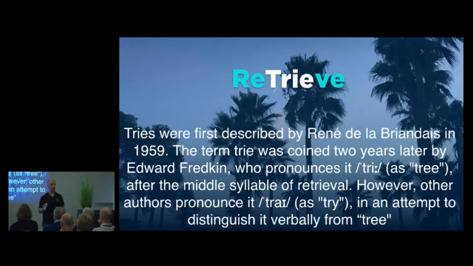Because there is a bit of ambiguity, whichever pronunciation you go with, but tries with this spelling are actually a subset of the more general tree, so it's not too bad. So you can carry on pronouncing it try if you like. I'm going to stick to tree, partly because I just like historical accuracy, but mostly because I've already become well known for Catch. I don't want to become known for Try as well.